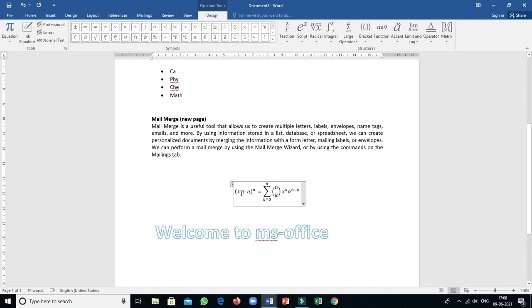Okay, now click inside that format, then you can put your own value. So instead of x, I have to type a minus of b or plus of b, whatever it may be, that depends upon you. And in case of your n, I have to specify the value as 2. Okay, so delete this n.